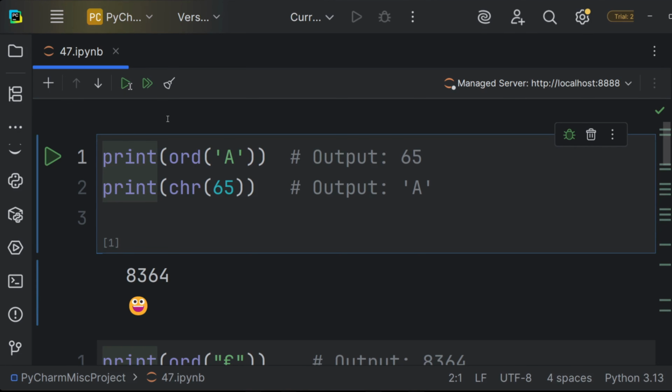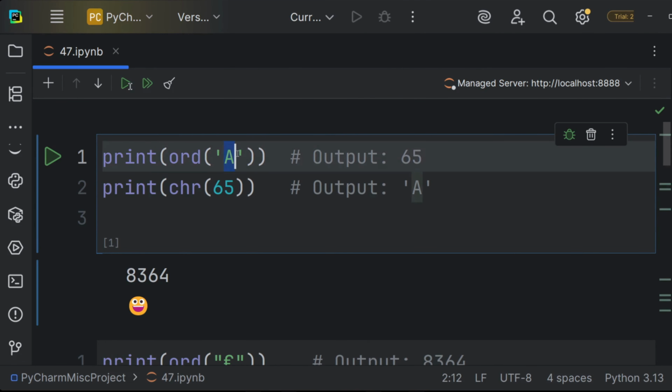Let me take you back to the early days of computing, when computers were just getting good at talking to each other. But there was one problem. How do you tell one computer that you typed the letter A? That's where ASCII was born. It stands for American Standard Code for Information Interchange. Basically, they made an official list saying, okay, the number 65 means A, 66 means B, 67 means C, and so on. This is exactly what we are going to do in Python.